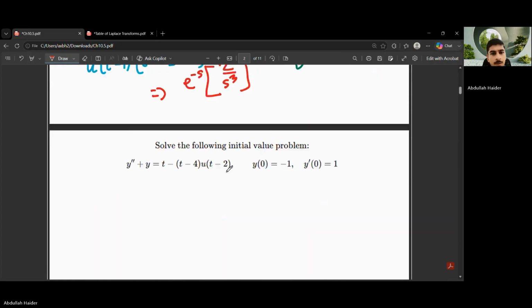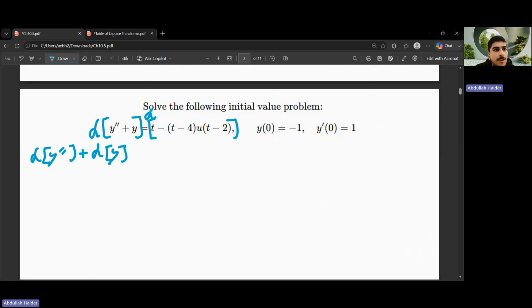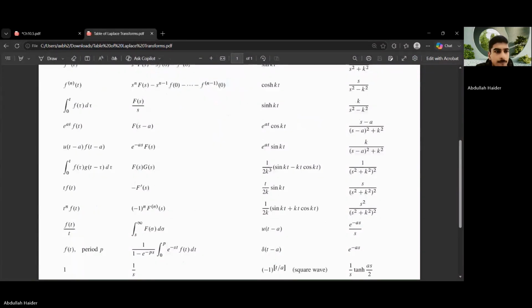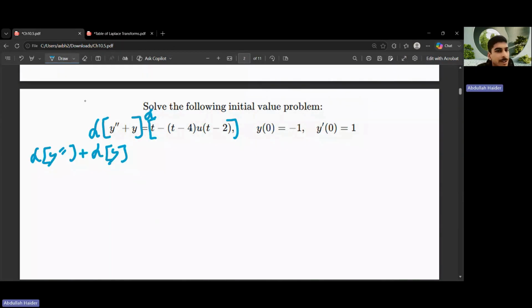So as we discussed in 10.3, the first thing you need to do is take the Laplace of both sides. So Laplace of this, Laplace of this separately. If we take the Laplace of the left-hand side, you're doing Laplace of y double prime plus Laplace of y. Let's refresh this. You will be using this one, but this is in terms of y. Remember we did s squared X, but now we're dealing with y. So in this case, you'll have s squared big Y minus s small y of 0 minus y prime of 0